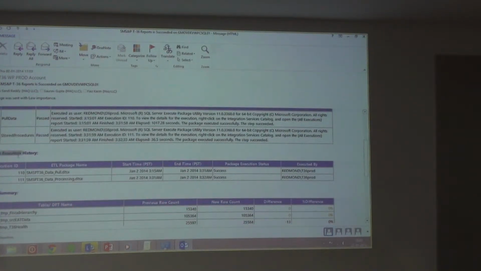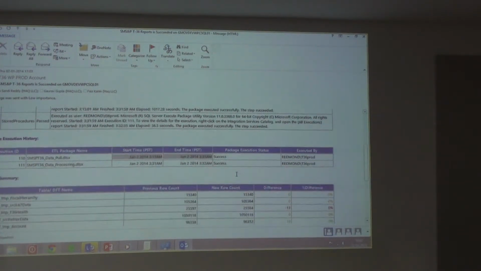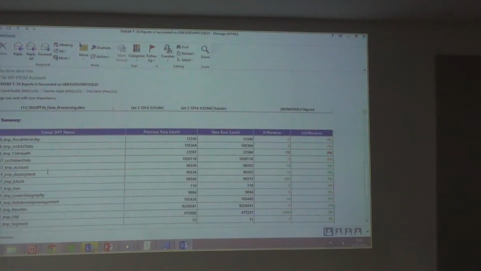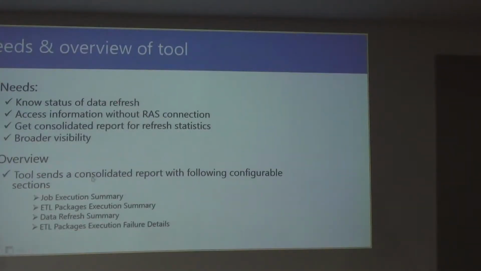Second, all the packages which executed, their start time, end time, and execution status, and the DFT summary. The DFT summary is nothing but the source and destination: how many rows flowed in our database, the count of the previous flow, the new flow, and the differences. And one more is the ETL package execution failure: whenever it fails, what are the reasons?